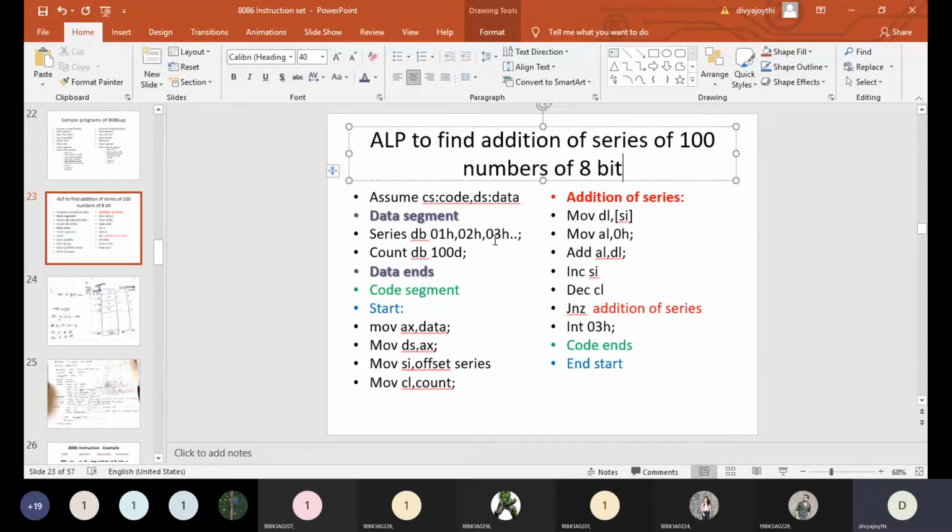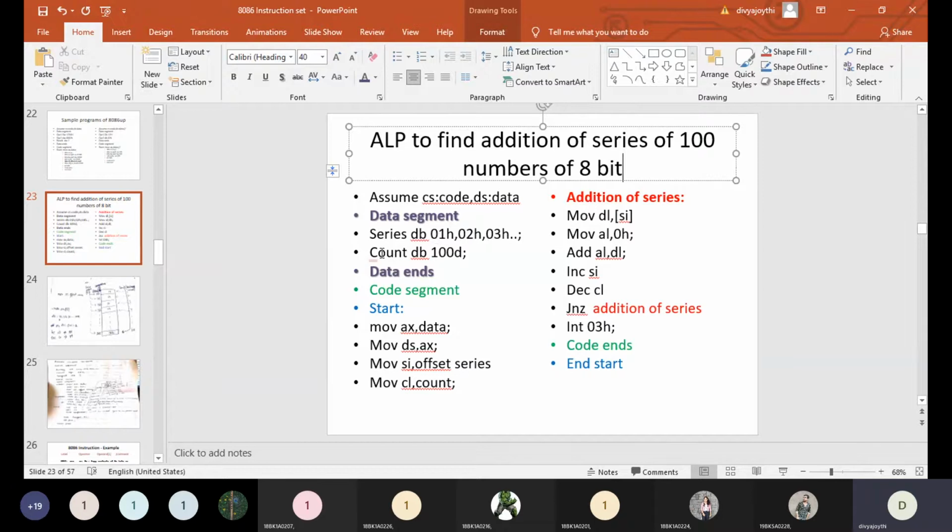Because the problem statement says that every number should be of 8-bit, and 8-bit means byte, so define byte. I'm representing my 100 numbers, 1, 2, 3 up to 100. You can take any 100 numbers, but make sure each number is of 8-bit.